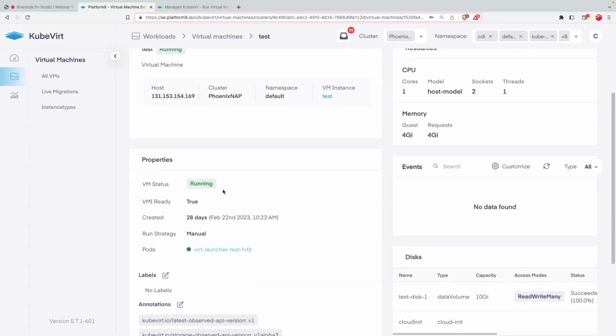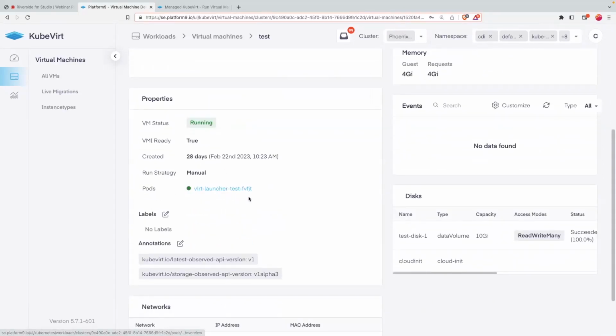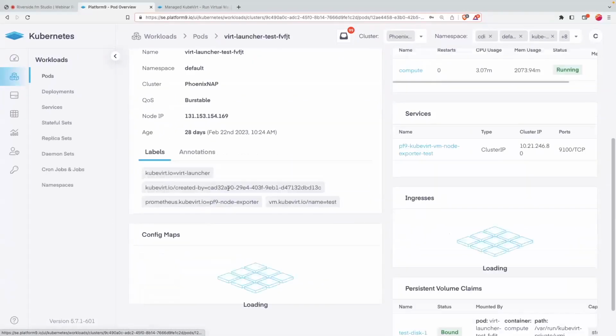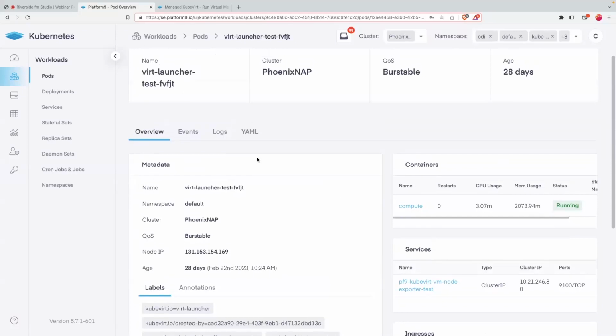This is where it's going to show you the VM status that's running. And very important in terms of context, this here is the pod it's running on. If you recall earlier in the slide deck, I talked about how every time a VM is spun up in KubeVirt, it runs inside a pod inside Kubernetes. So if we click on this, it'll take you to that pod